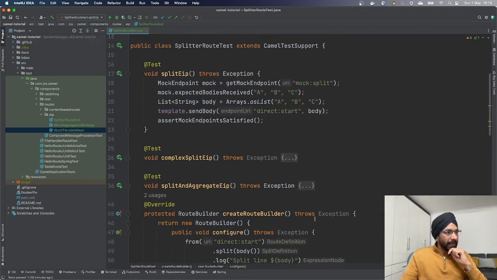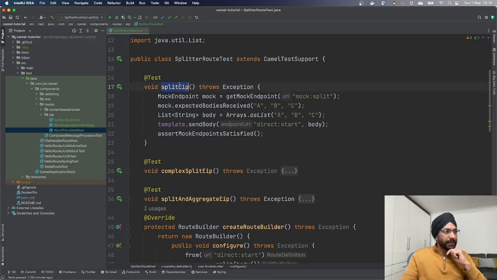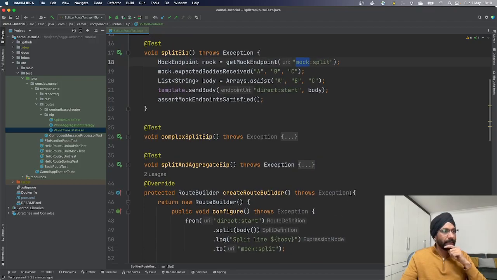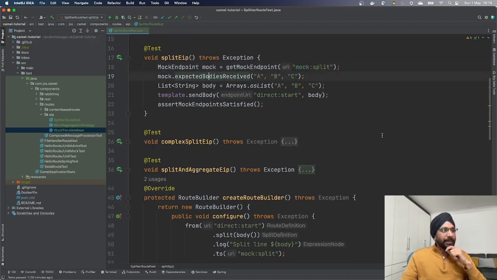So in my test over here, I'm simply saying test split EIP. I've created a mock endpoint, mock split. This is where we are sending at the end. As you can see, line number 51, I'm saying I am expecting bodies A, B, and C. Over here, I'm simply creating a body, an array of elements A, B, C, and I am sending my body over here. And if I run this test, you can see